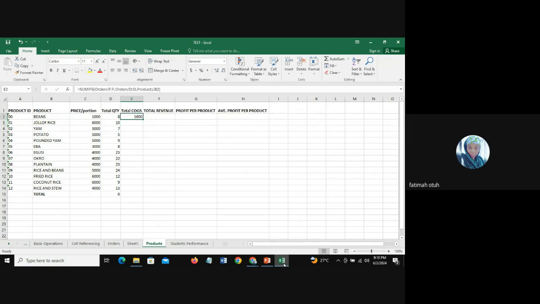So it means that the total cost of goods for beans was 1,600. When you double click on this, it goes down. From here, you can see that you didn't spend much buying beans, maybe because you didn't spend much on the cost of goods. Jollof rice 7,000, egusi, okra, plantain, all these ones, I think you are spending more buying them. Maybe because of the quantity, people are really buying the products. That's why you spend more